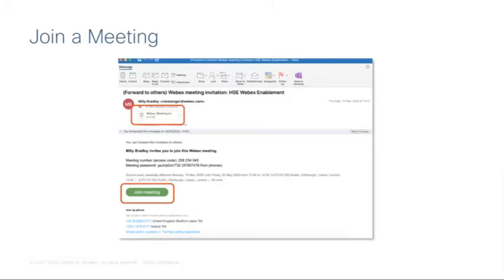What you'll see on this email is that there's an attachment at the top, and anyone that receives this can double click that and save it down onto their calendar with all the meeting details included. They don't have to find the email at the start time, it will just be on whatever calendar they're using. You'll see the big green button there says Join Meeting, and this is the quickest way they'll get access to your meeting. Following this takes them into a link in the browser.